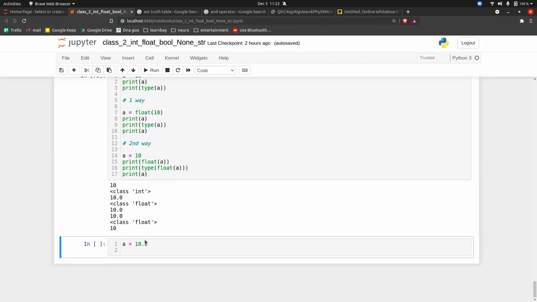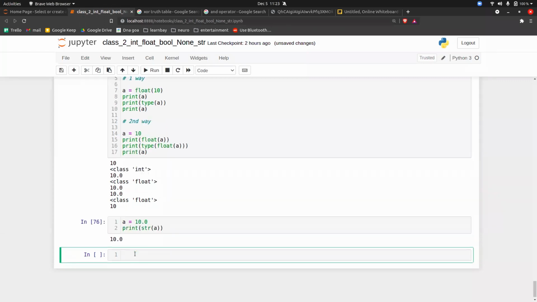Okay, so very straightforward. I have seen in the chat box, someone has written something like this. Okay, so print str of this a. So this is wrong because this is what? This is a variable a or this is a string a? What do you guys think? This is a string a, right? So this is wrong. Okay, so if you want to convert to string, you just do like this, execute it.